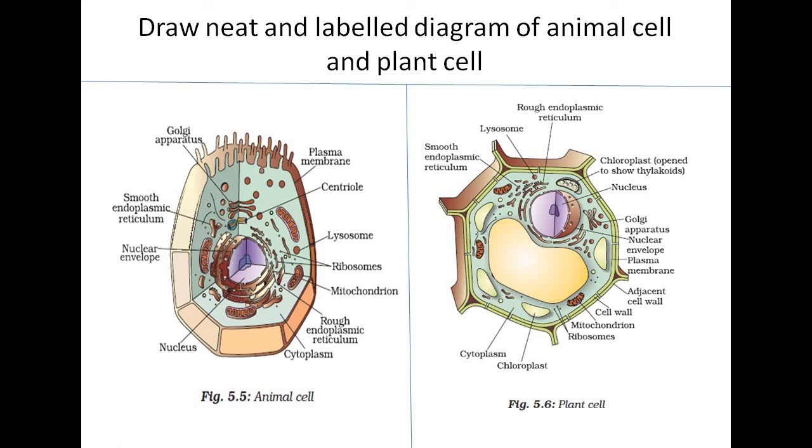It is also an important thing for your syllabus, for your class. This is an important topic. You have to draw plant cell and animal cell also. You can draw from this, or I will send you a picture of your book. You can draw from here also. Cell is the same thing. Here the picture of your book is in black and white. Here it is colored. You can choose either.